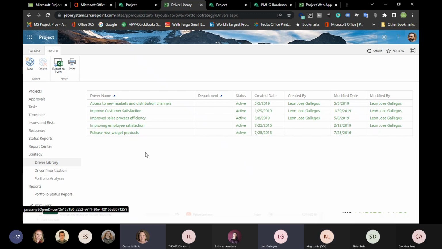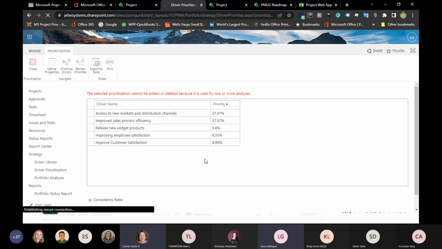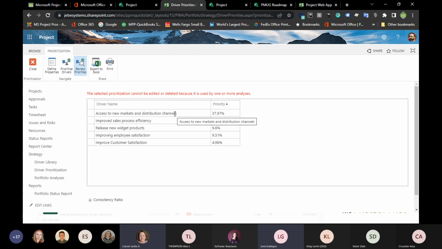And then what happens with these is they go into the prioritization, where as a portfolio manager, you can start to use those drivers to say, what's more important than what? Right? So as I come into this prioritization area, I can make that comparison and it will spit out the priority for me. So we can see that for this particular prioritization, access to new markets has a higher priority. So we'll take in all of those projects and see which ones had this as their highest priority. That's the project we'll push through because we prioritized it higher. Great. Thank you. Sure.